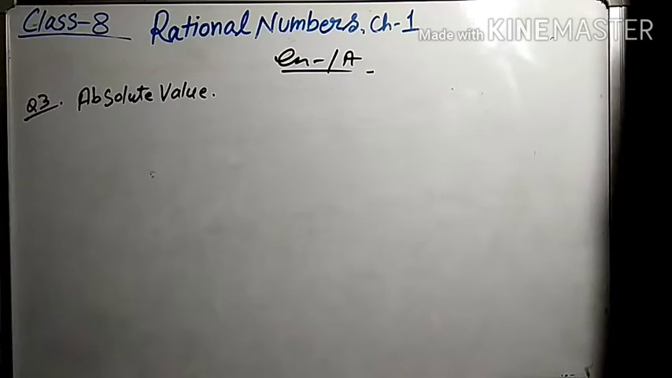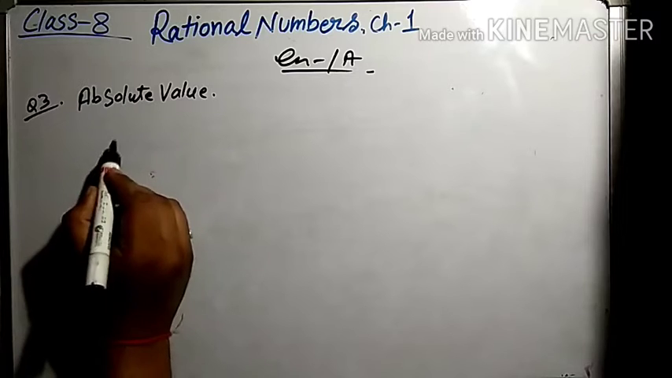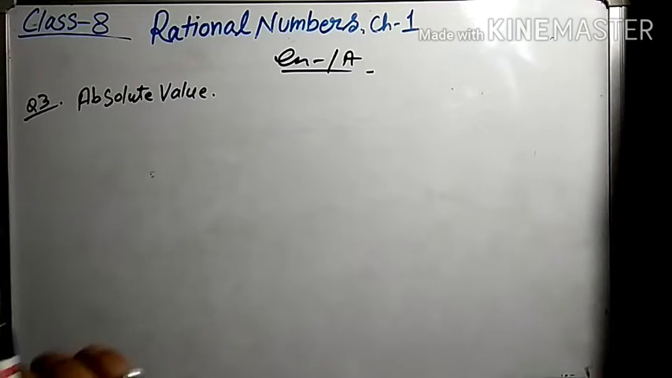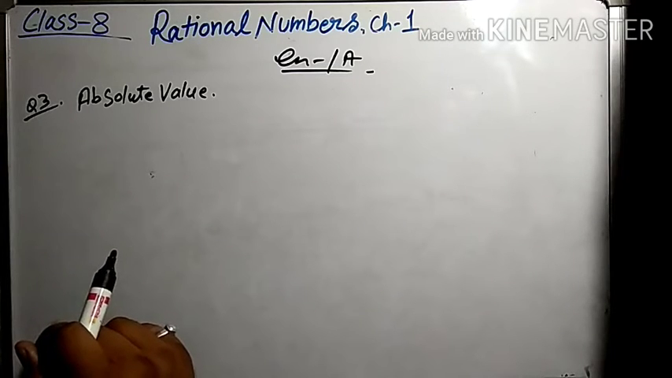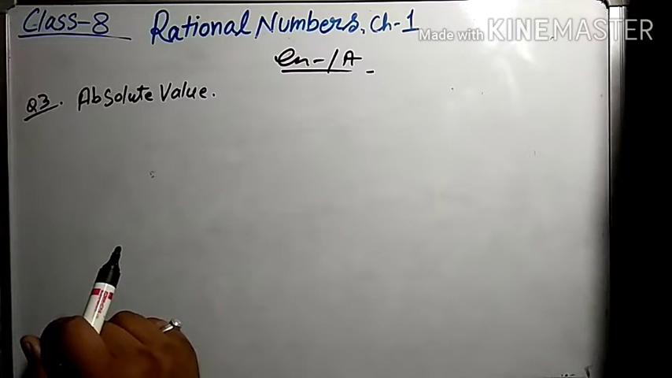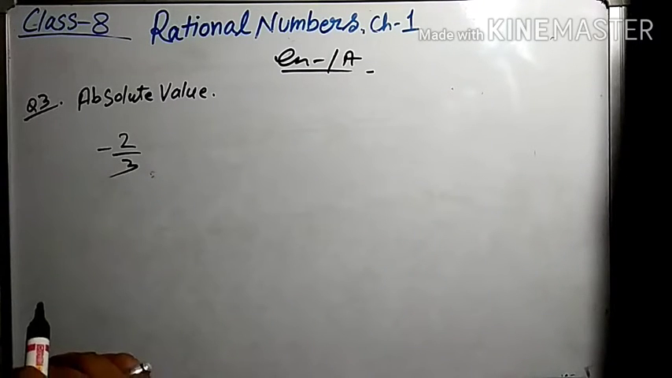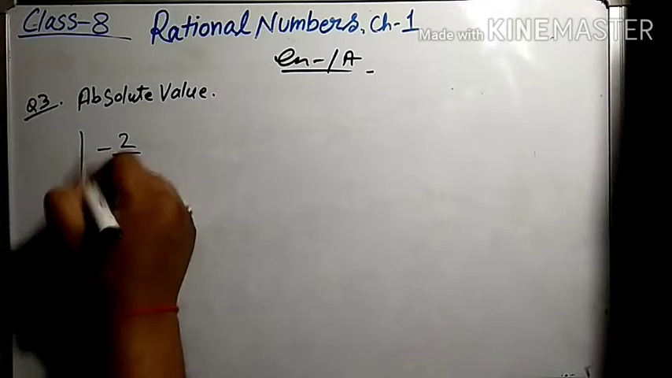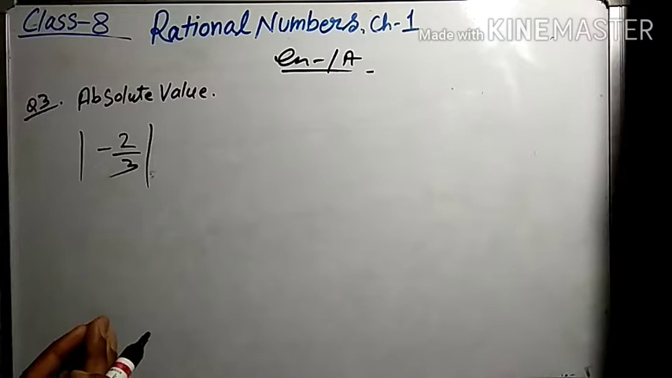Now the third question, we have to find the absolute value. Now let me introduce what absolute value is. Absolute value is just the positive value of any given rational number. That is, the rational number can be positive or negative. But when it is asked to find the absolute value, we will always write it as a positive value. For example, minus 2 upon 3. Suppose it is a negative rational number, and the absolute value of minus 2 upon 3 has been asked. First of all, the symbol to represent absolute value is two vertical lines surrounding